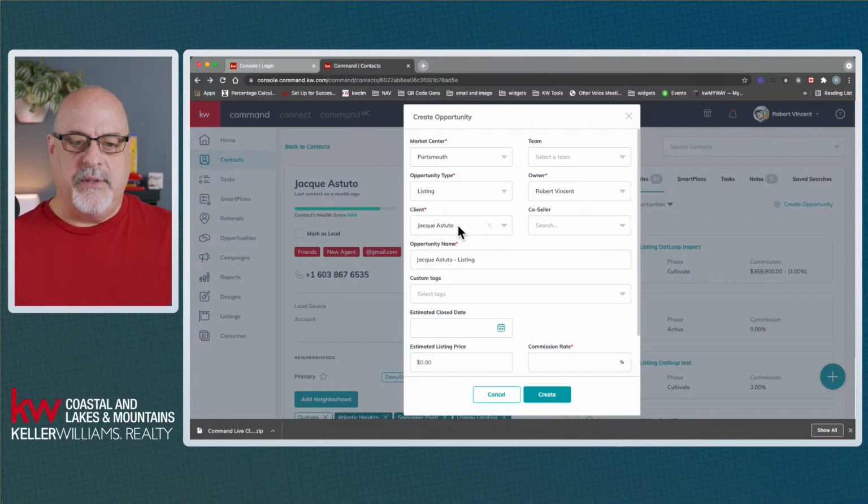We have a client box. This is auto-populated. Why is this auto-populated with Jackie Astuto, who is in fact the primary contact for this opportunity? Because we created the opportunity from the contact, it populates with the contact as the client. If I had created this opportunity from the opportunities tab, I'm sorry, the opportunities applet in command, and not gone through the contact first, then I would be forced to